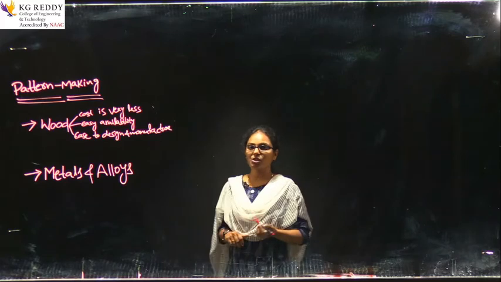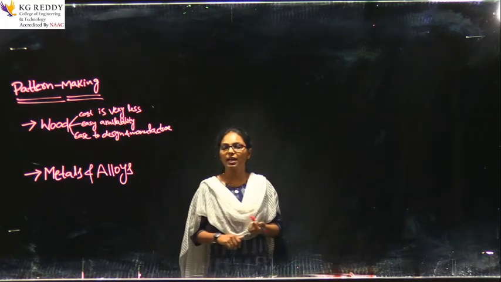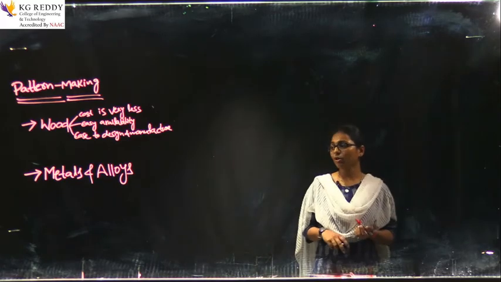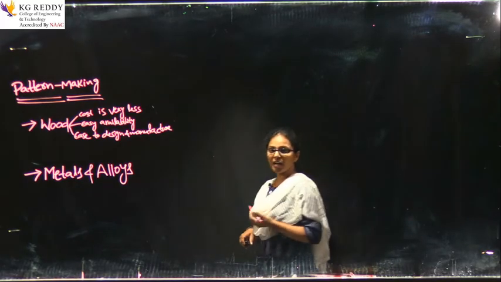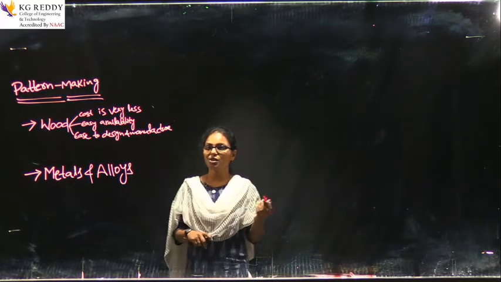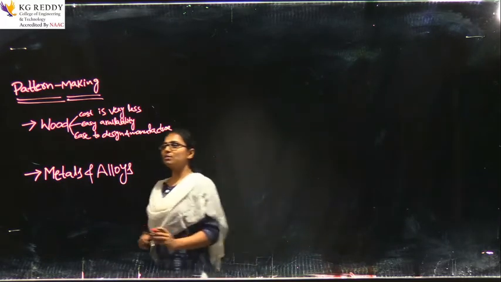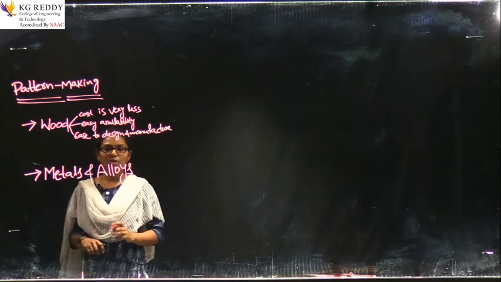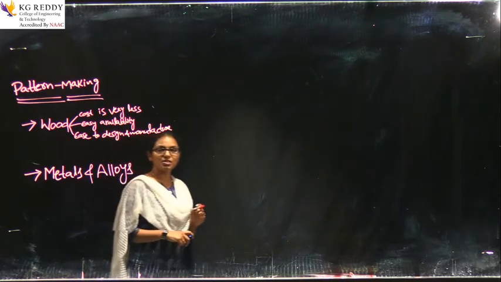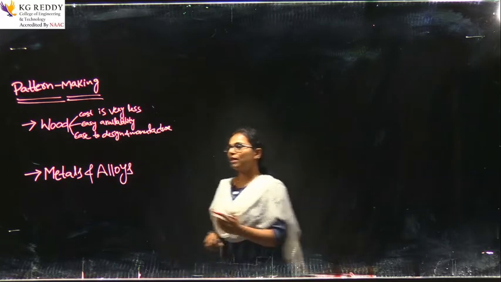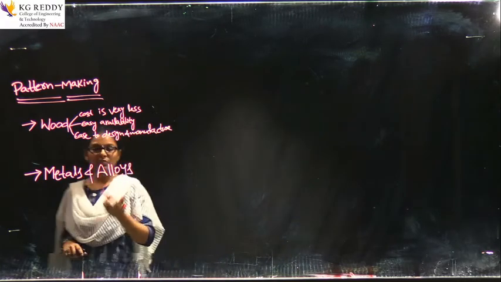Wherever the production rate is low, we will not prefer metal as a pattern material, because the cost of the material is high. Whenever the rate of production is high, only then do we use metal as a pattern material, or else we can use wood as a suitable material. So it is restricted to larger quantities only. We can use either a pure metal or alloys.